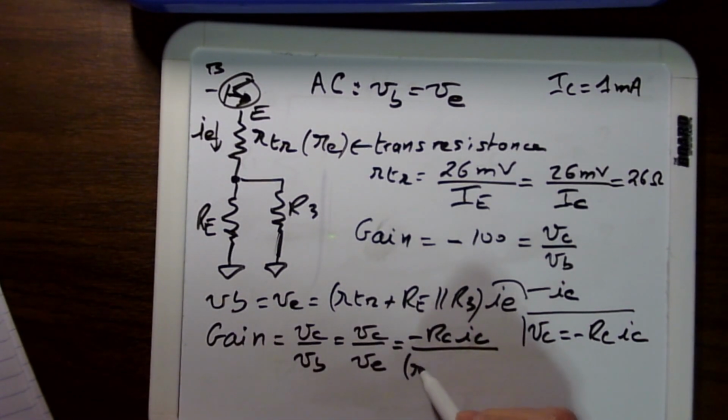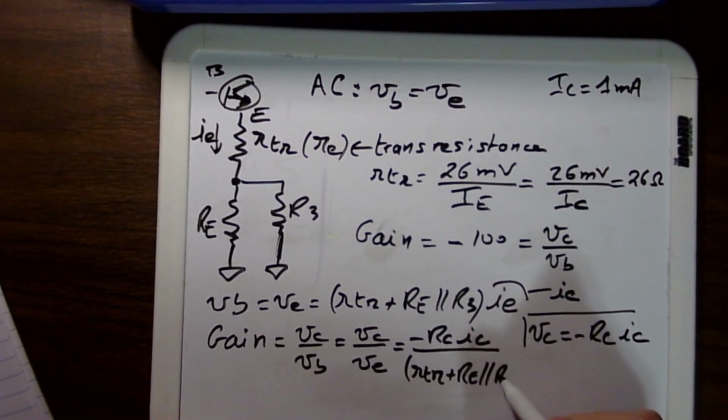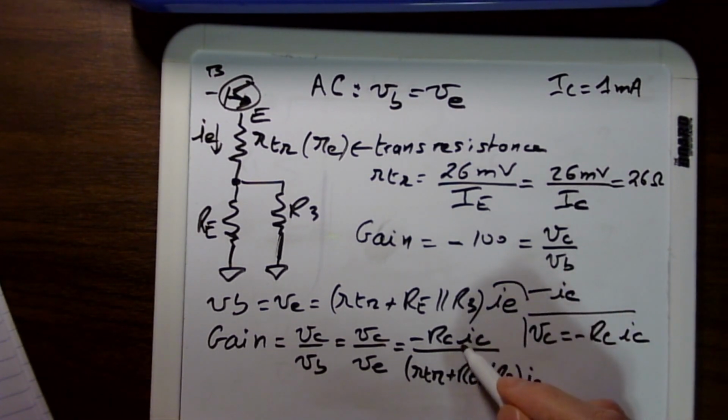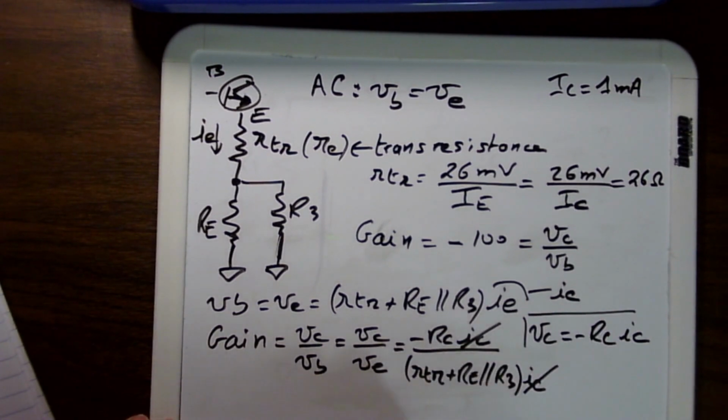So RTR plus RE parallel to R3 times IE, which is equal to IC. So this is gone, this is gone. So you end up with gain, which we know is minus 100. RC, we know what it is. It's 10K. RTR, we know what it is, RE, we know what it is, and R3 is the only unknown. So it gives us